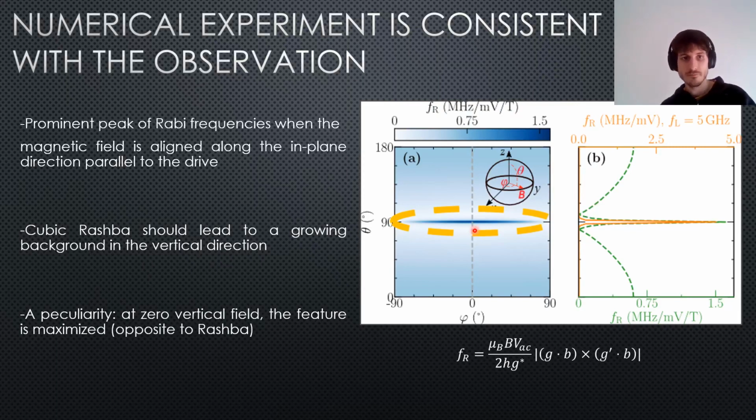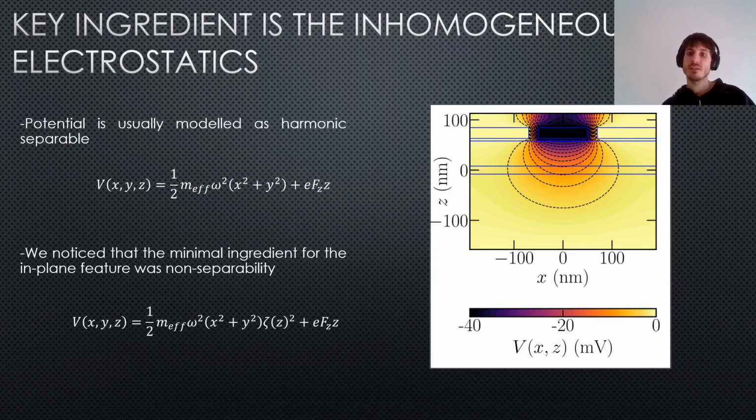And well, so there was something that was going on. One peculiarity of this is that even at zero vertical field, this feature is still there, so it's not Rashba. And we found that the key ingredient for this feature was that the confinement potential was actually non-separable. This is something that you can actually model yourself with this kind of toy model, and if you go ahead and do this modeling of the in-plane confinement potential,